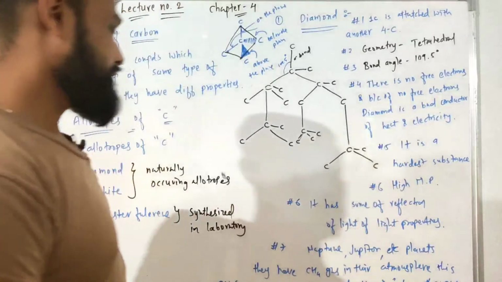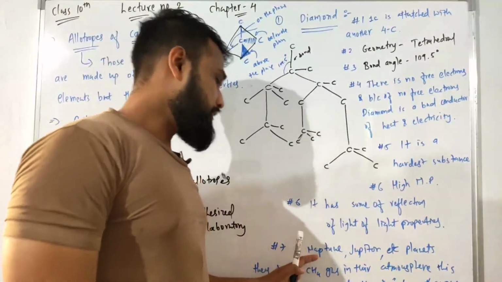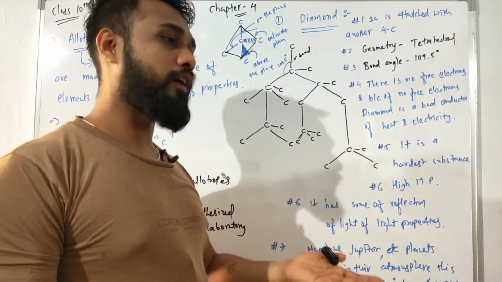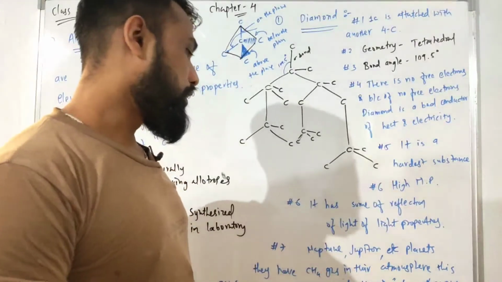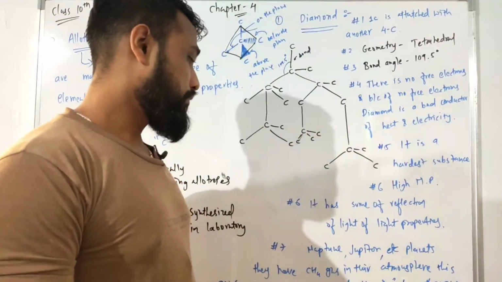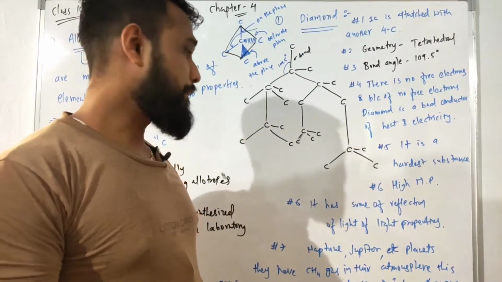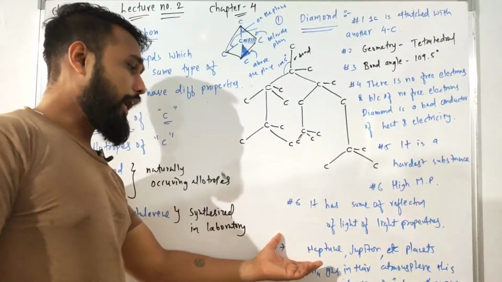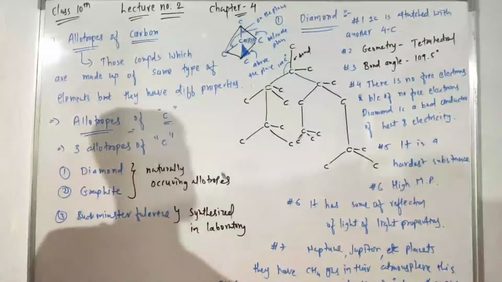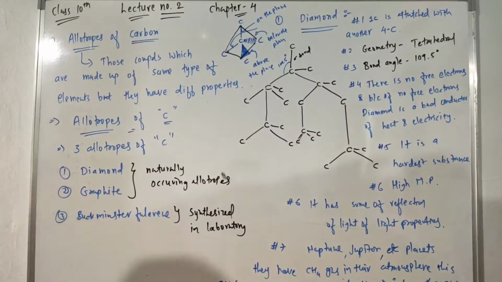Okay, clear? This is just a fact, and it is reality, that these planets have methane gas. Whenever methane gas separates, carbon separates out from it, and this diamond rain happens. We cannot see that, but I know this fact, that's why I am writing it here. So today we are discussing allotropes, and firstly we discussed the diamond allotrope. Now take a screenshot and write the notes.